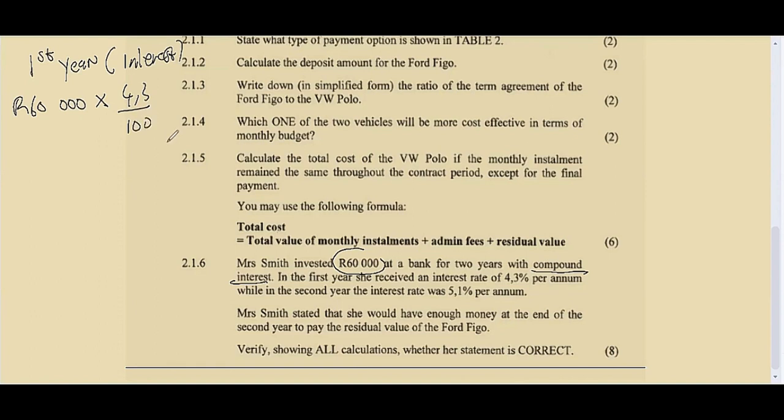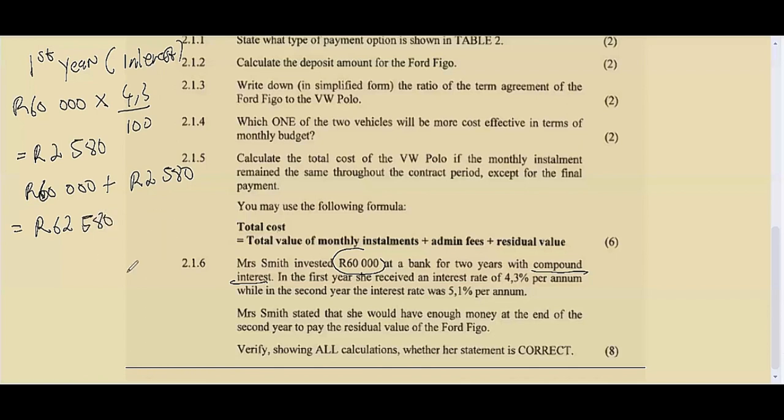Now we find that she would have an interest of 2,580 for the first year, which if we have to calculate the total investment in the first year, we would have to go say 60,000 plus her interest, which is 2,580. Then we find that in the first year, she would have a total value of